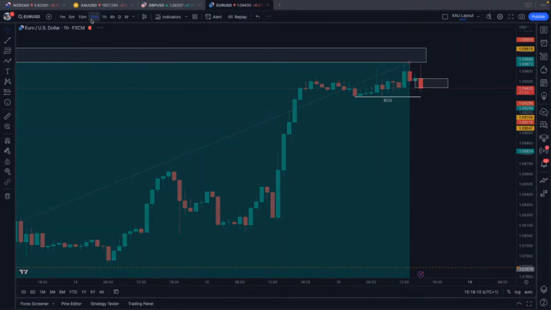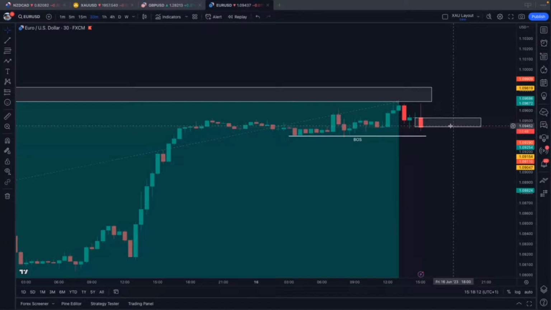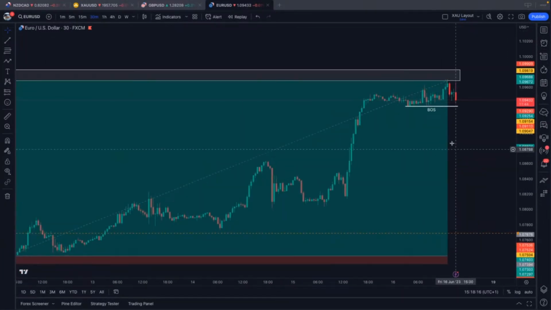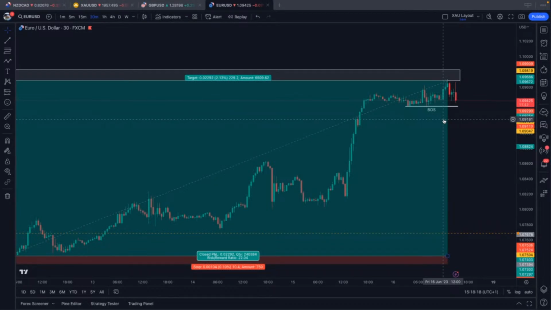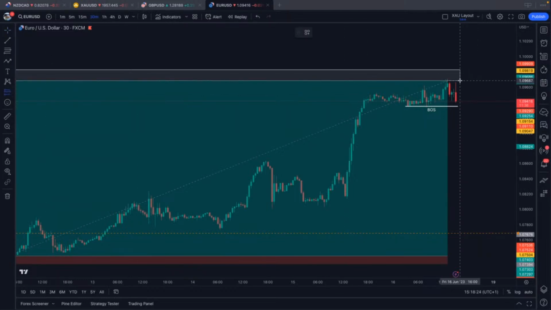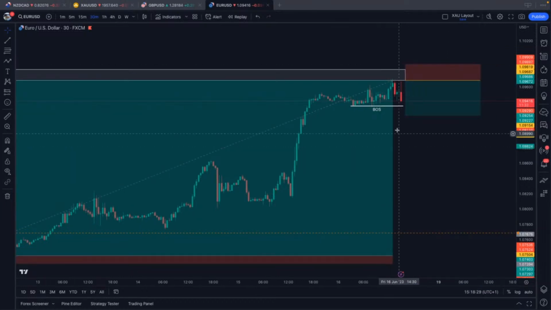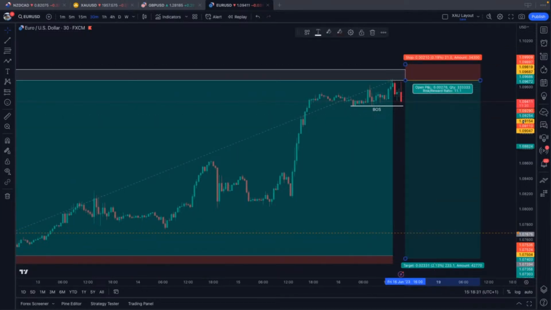It's just about being patient, waiting for the confirmation to get involved in those short positions. As I said to you earlier, the reason why I'm waiting for this break of structure, waiting for the pullback, is because I want that refined entry. It's all good and well getting involved in short positions here like this. We could quite easily get involved in short positions like this, don't get me wrong. And we could trade price all the way down